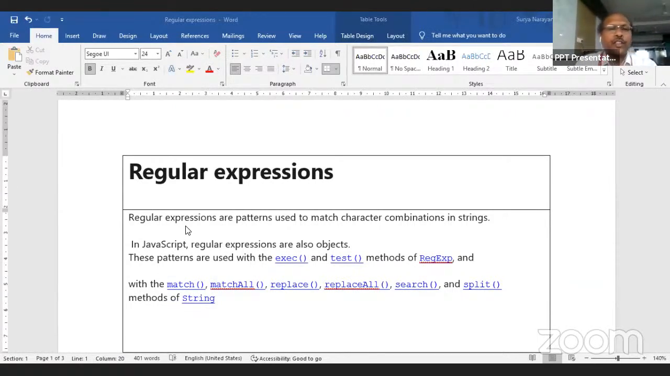Now we'll start the session on regular expressions, and how regular expressions can be used in JavaScript. Regular expressions are the patterns which you use to match character combinations in a string. You may have a sentence, and from the sentence, if you want to find a string of a particular pattern, then you can use the